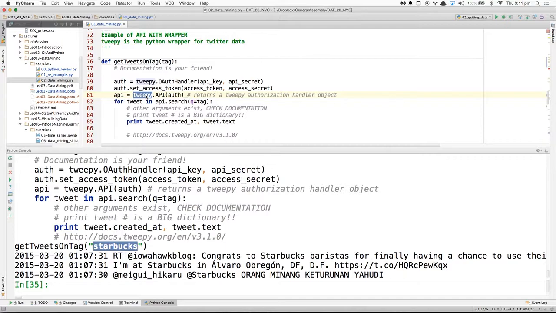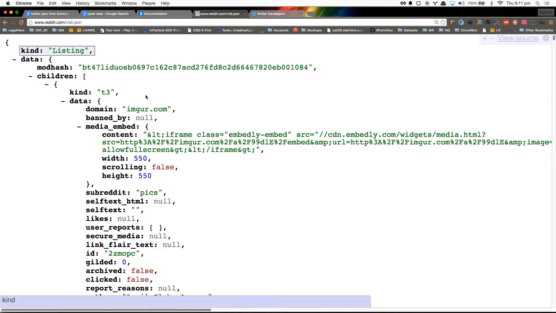We didn't need to pass in our credentials to Reddit because they're nice and they let us see the raw data. Twitter's a little bit stricter, and they want us to at least go through the trouble of getting these credentials first. So we make a request, and in this request is just a URL. It's the same exact concept of making a request in your browser. It's just like going to gmail.com, google.com, twitter.com. Those are all requests. We're making a particular type of request called /tags. And again, we're just hitting a URL, just like in my browser, I went to reddit.com/r/all.json. This is just a request. We're doing the same thing here.